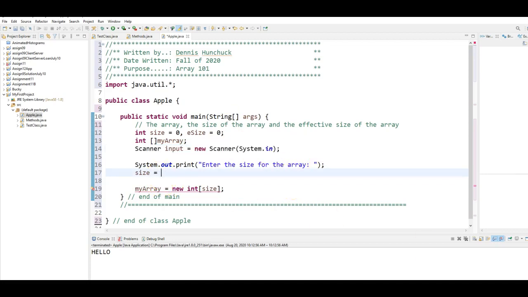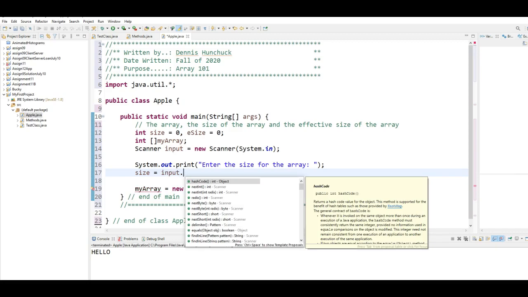So now I can use this input object by saying input dot. Notice I have lots of methods. I can input a hash code. I can input the next integer. And so on. So I'm going to just let you take a look at this. Notice Java is self-documenting. So here is the documentation that goes with each of these methods. So real common is going to be nextInt, next,